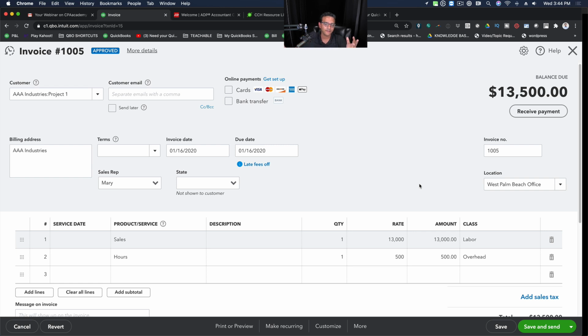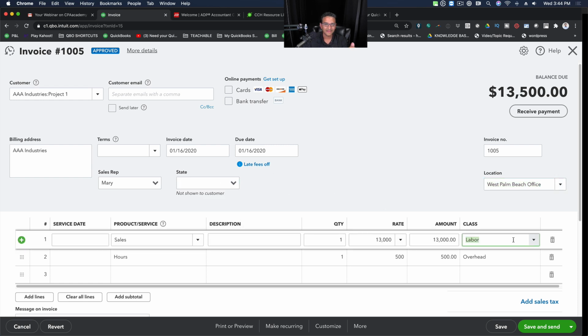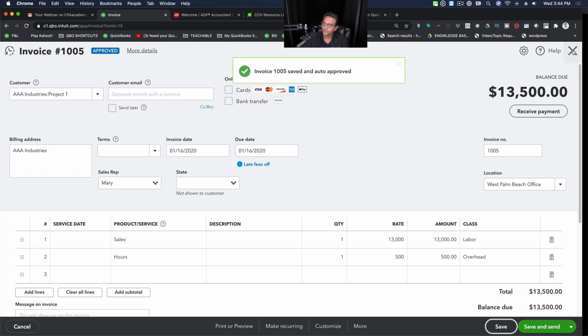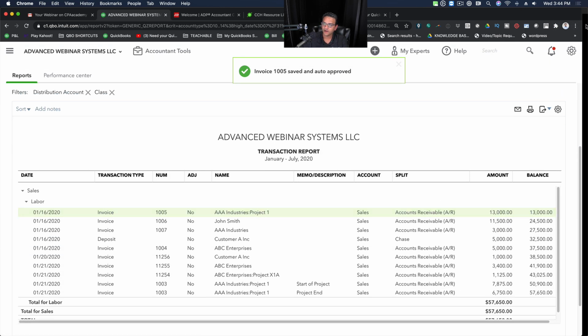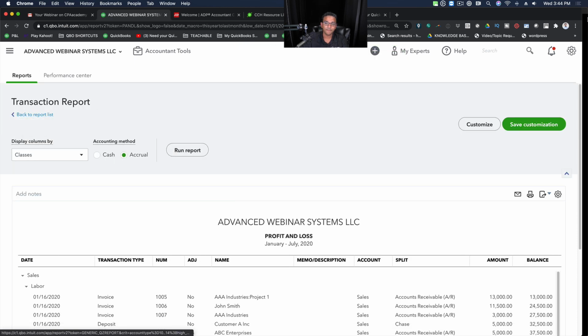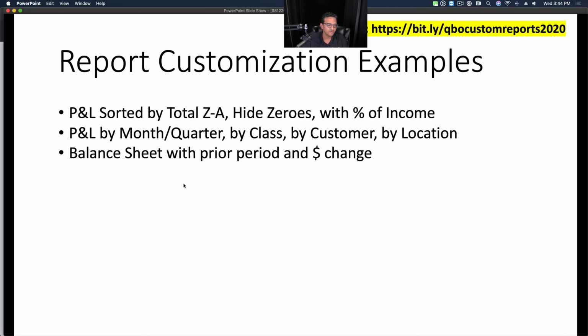At the end of the day, you can use them as you wish. You can use them for whatever you want. That's just the limitation, right? Locations, only one per transaction. Custom fields, only one per transaction. Classes could be multiple per transaction. Okay, so that's one thing I wanted to cover just because it's one of the most underutilized features in the QuickBooks